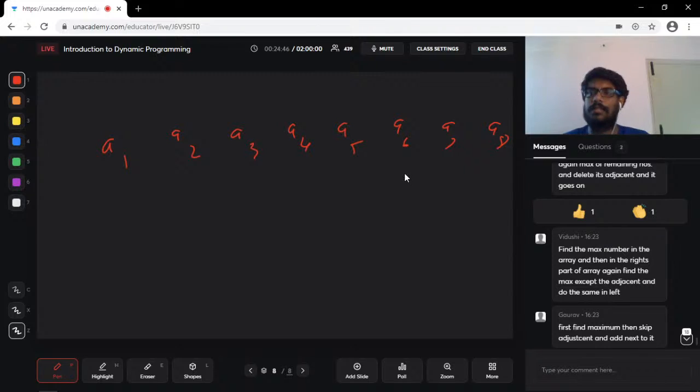if I have 8 elements, find the maximum element, right? Say A5 is the maximum element. So they are going to pick A5, okay? And now that A5 is picked, A4 and A6 are definitely not pickable. Yeah, this we all agree upon,